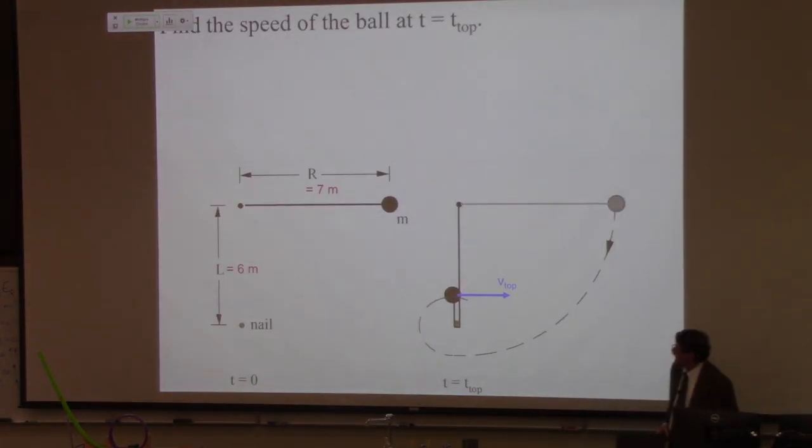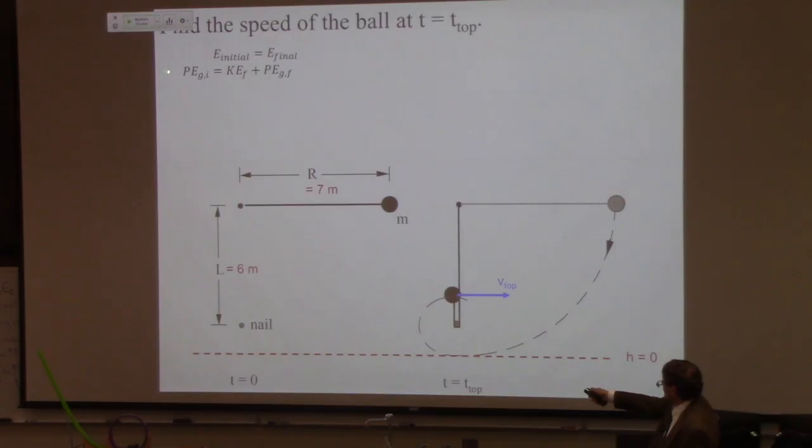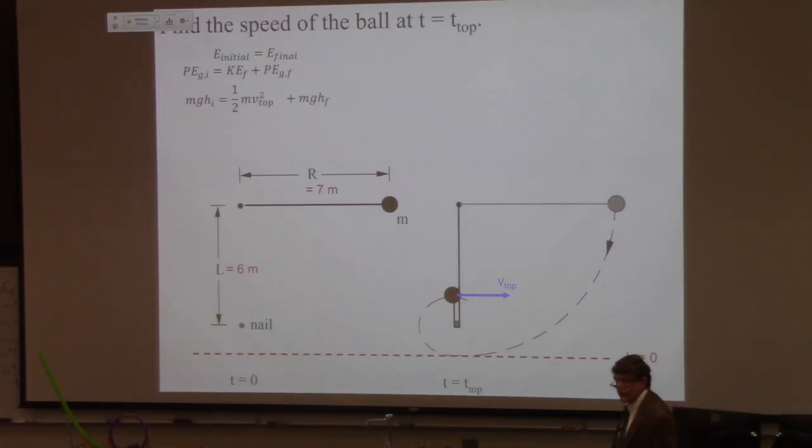Let's talk about it. We said that energy is conserved. If we call this the lowest point in the problem, our height 0, then when I start out at rest, all of my energy is gravitational. And when I get here at the top, I have some kinetic and some gravitational. If I plug in my formulas that I've memorized, I've got mgh for potential, and I've got 1/2 mv squared for the kinetic energy at the top. Since all of those have a mass in them,